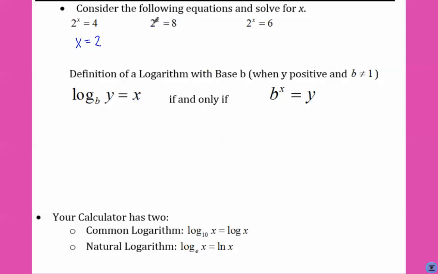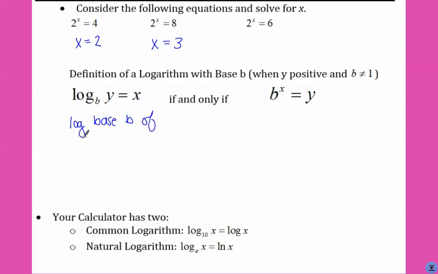And here, 2 to the x equals 8. We know 2 to the third is 8, so x would equal 3. What about if we had 2 to the x power equals 6? 6 isn't a perfect power of 2, but there is a way that we could find the exponent, and it's called logs. So log, we're going to write out how to say this, log base b